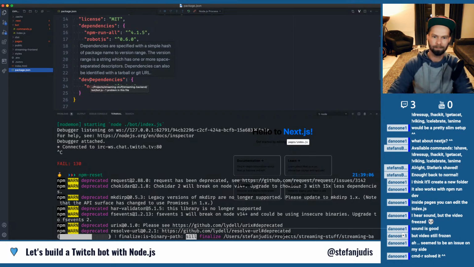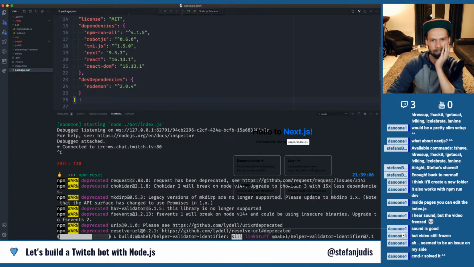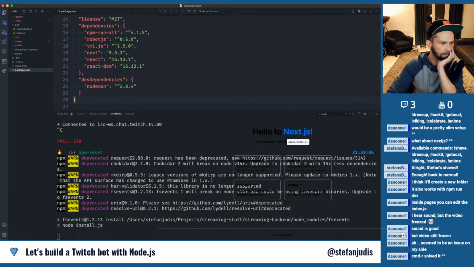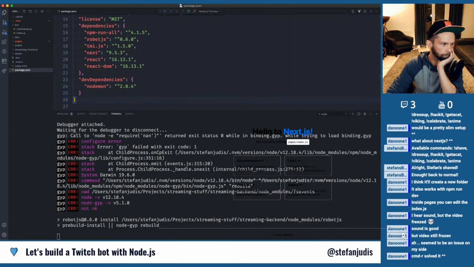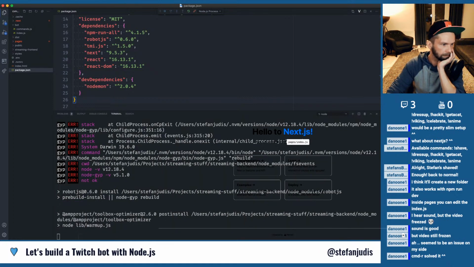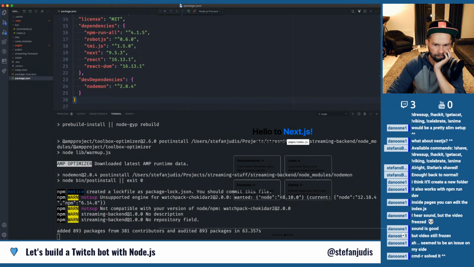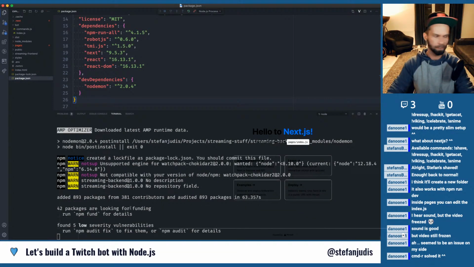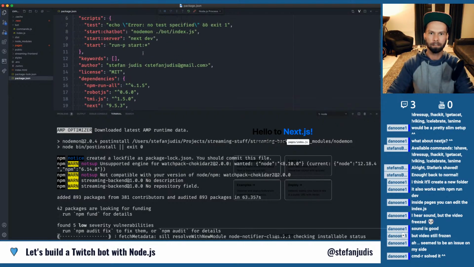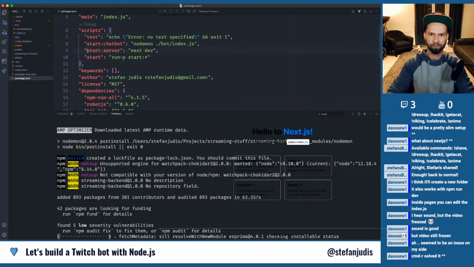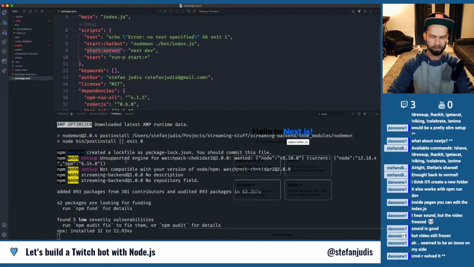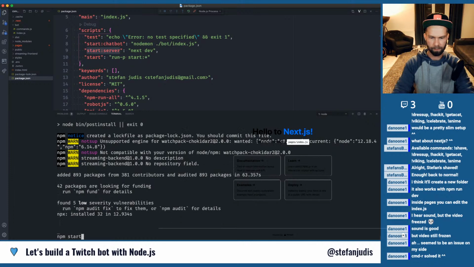Okay, so I'm reinstalling all the dependencies after I merged what I did so far with Next. And what we're going to do now is re-implement the chat that I have currently as a default setup from Streamlabs OBS in the right corner here. And we're going to re-implement that automatically from scratch. So the installation should now be done in a moment. And then we can do npm start, which automatically should start the next server and should start my node script. So when we now do npm start,